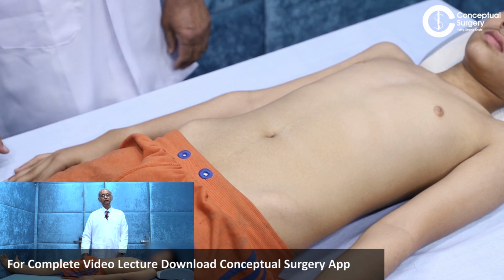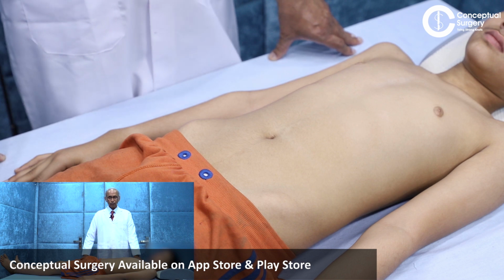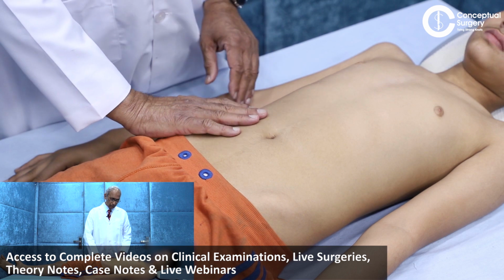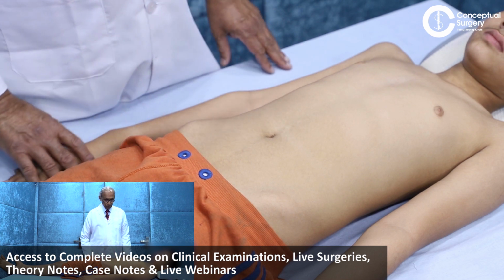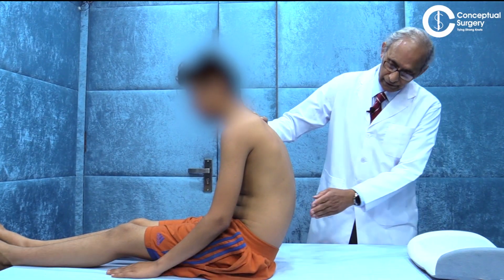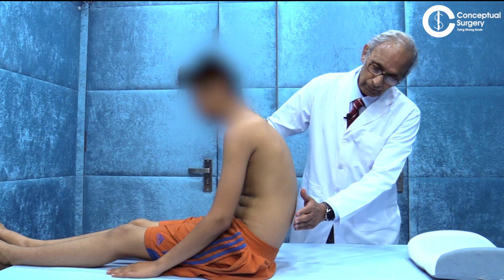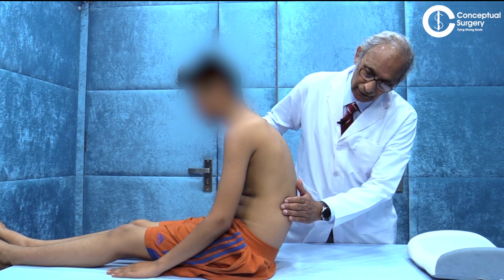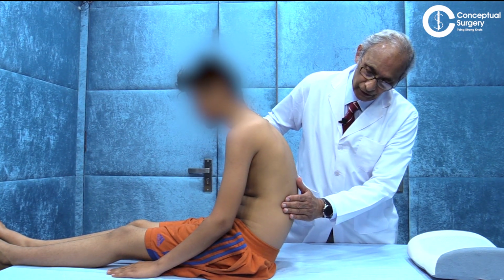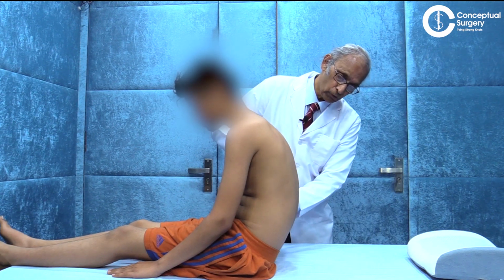The kidney happens to be a deep organ. It is retroperitoneal and not easily palpable. So how do we palpate the kidney? There are two ways. During inspection, you make the patient sit up like this and examine the loins. This is the area of the erector spinae. This is the loin, and in this young lad, the loin is empty. Usually, if the kidney is enlarged, the loin is going to be full. And similarly, the same thing on the other side too.